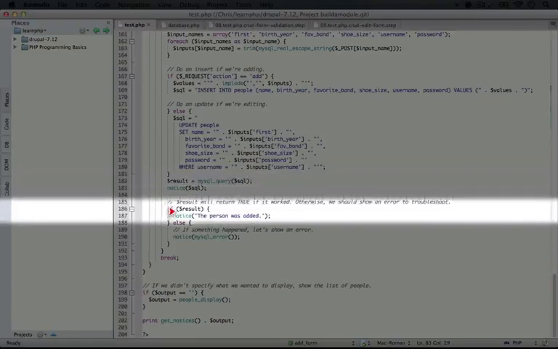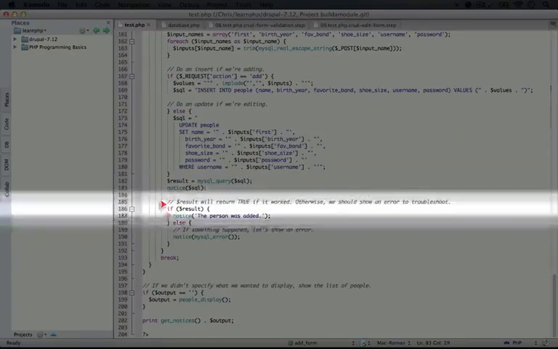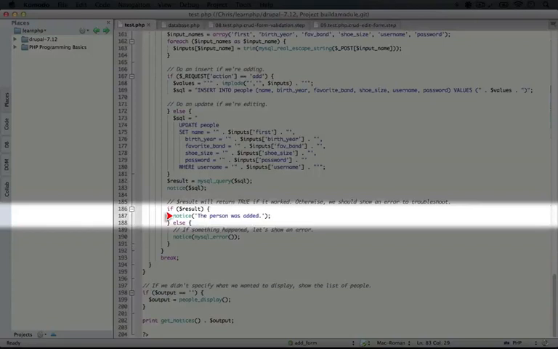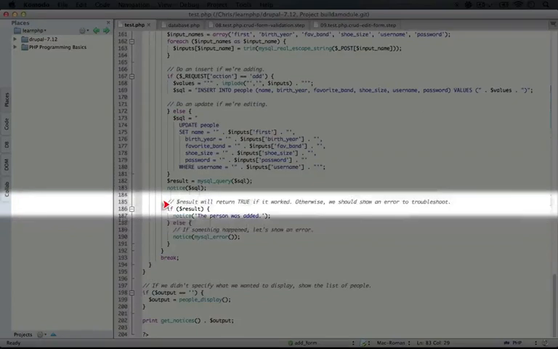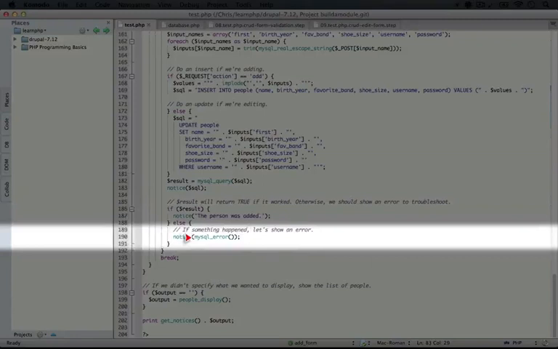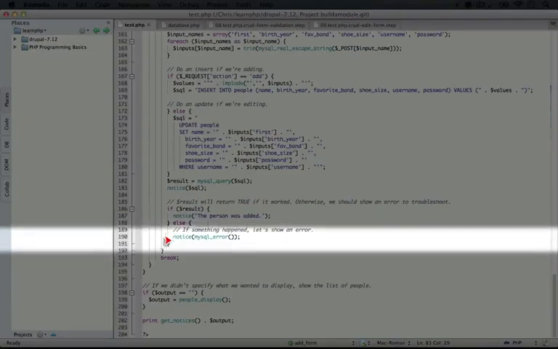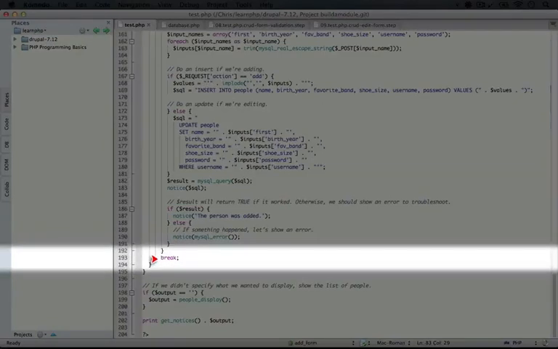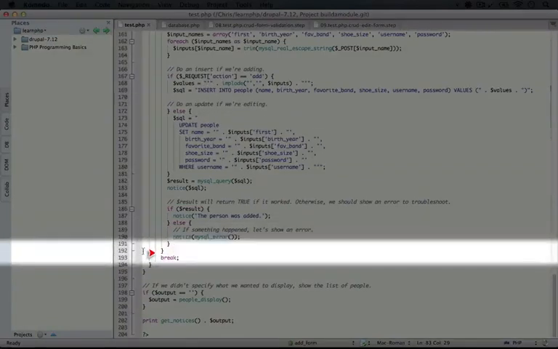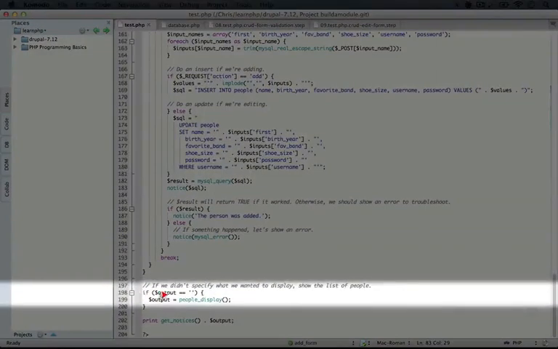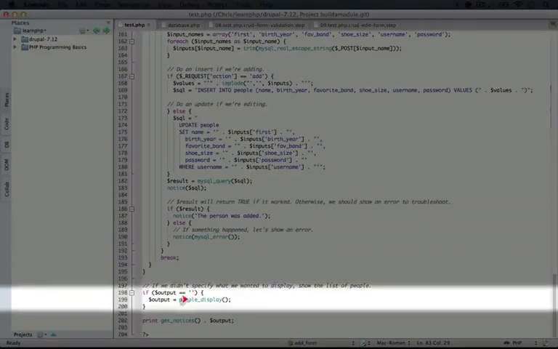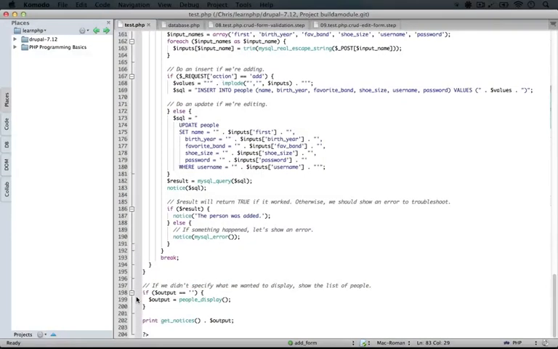Next, if this result was true, what we're going to do is say this person was added. Now this is a place where we can improve the script because at this point, we're not adding a person, but we're editing a person. So we might want to modify this. That's a good challenge if you want to take it up here. And if this result is false, then we're going to run this where we add the error for the MySQL query as part of the notices that display at the top of the page. And finally, we're just breaking out of this switch statement. So throughout this, we didn't add anything to the output variable. So when we check to see if there's anything in there, it's empty. So we're going to add the people display to it. And so what you'll end up seeing is the list of the users with any notices about the user that you edited.